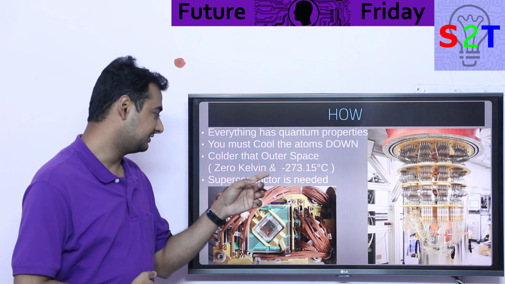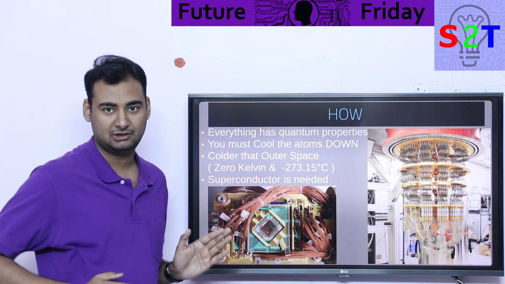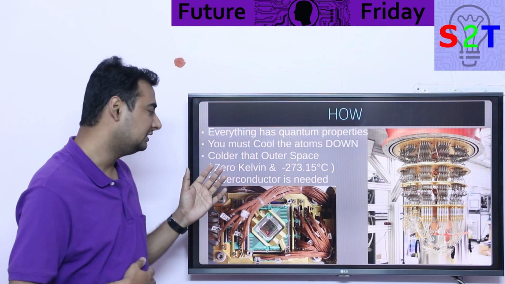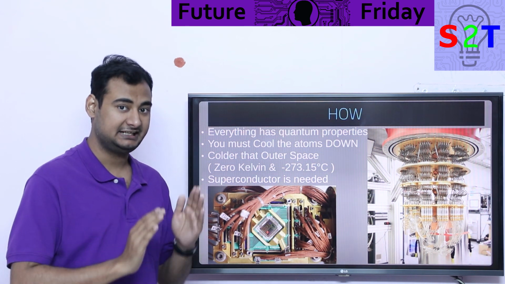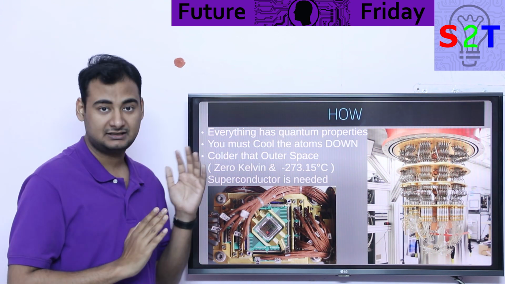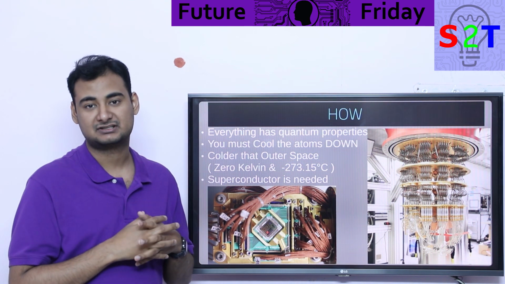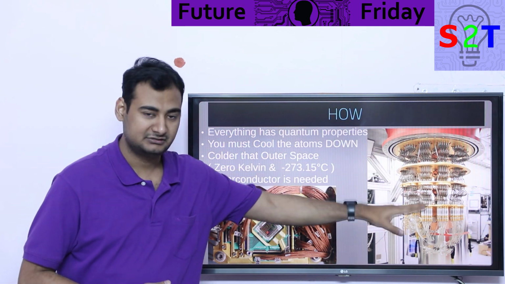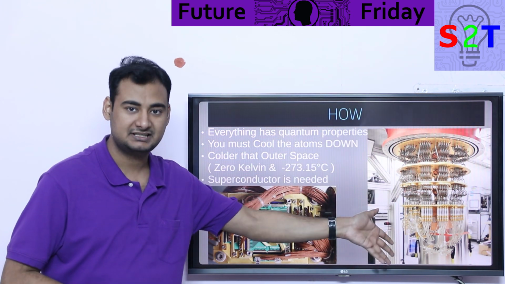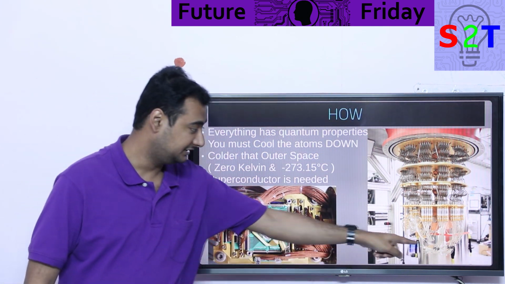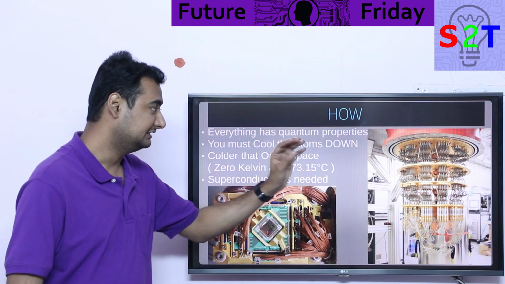So we are talking about the temperature. We have to cool it down so much that outer space looks like a hot oven. We have to cool it down to 0 Kelvin, aka absolute zero, or get as close as possible. These are temperatures so low that a normal superconductor starts superconducting way before that. Whenever you see diagrams or images like this, all of this is just a cooler to allow something small, like a computer processor here, to go down to those temperatures. That's the reality of it.